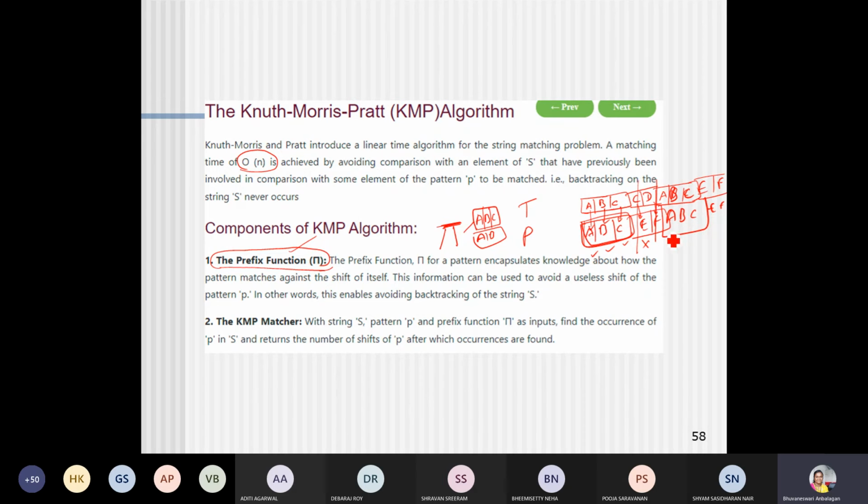the shift of itself. Okay, so it will track in the forward manner. It will not backtrack your search. It will forward track your search result, so that if there is any pattern of ABC available in this given text, in the forward manner, in the upcoming substrings, whether this pattern is available or not, so that my search can be very quicker.